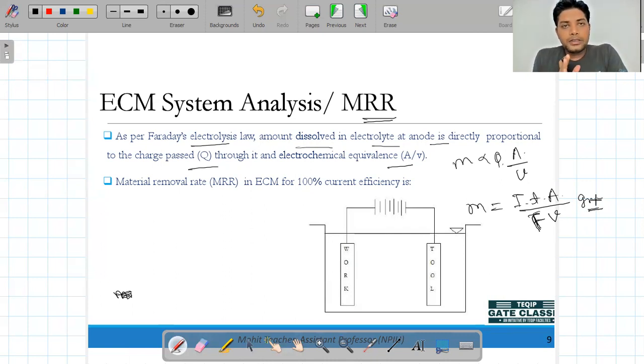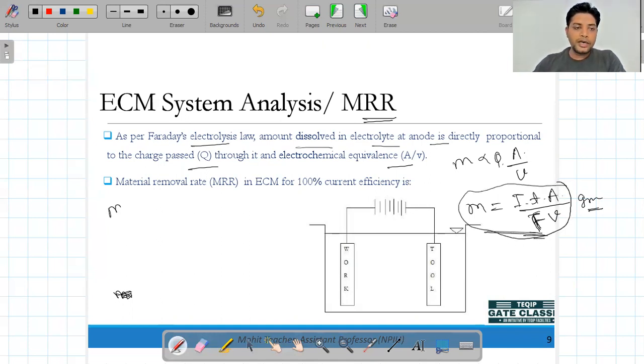Now, whatever material removal rate we are going to discuss, the complete flow analysis of this ECM depends on the heat generation, and the heat generation depends on how much current we are supplying. So please keep in mind that the material removal rate formula we are going to calculate right now is based on 100% current efficiency. It means whatever heat is generated will be completely absorbed by the workpiece. Okay, now this is the amount that is depleted from the workpiece.